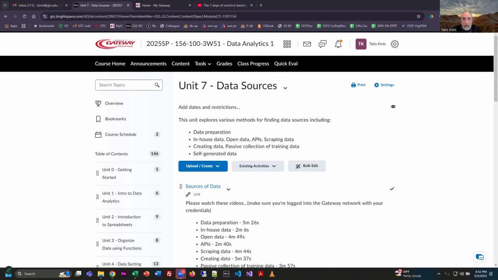All right, we're going to be working on Unit 7 this evening, and we're going to start by exploring some of the information in this unit. The main goal of this unit is really to help you identify that there are really rich data sets out there. A lot of them are available for free and they're in the public domain. So I'm going to show you some of those, and the exercises that we have in this unit kind of reinforce that. There's also a lot of information in the